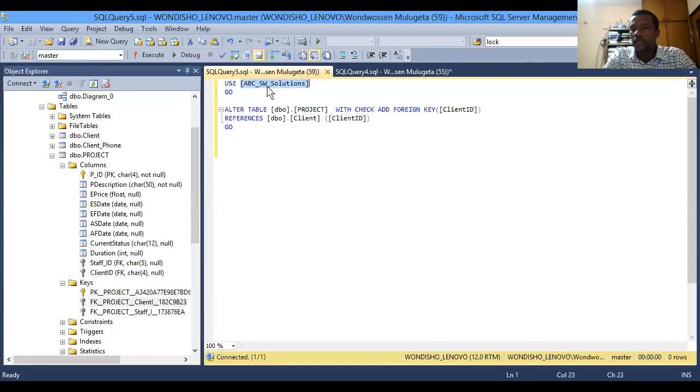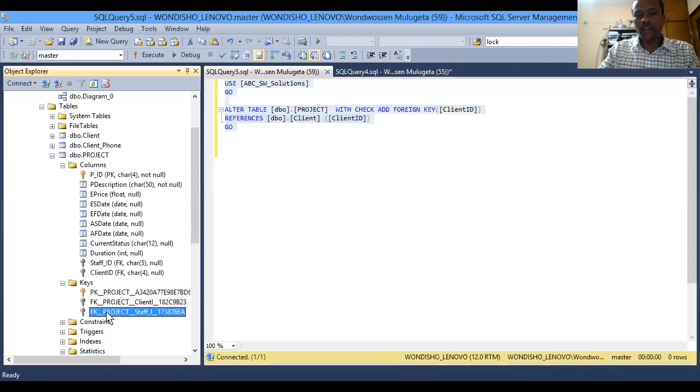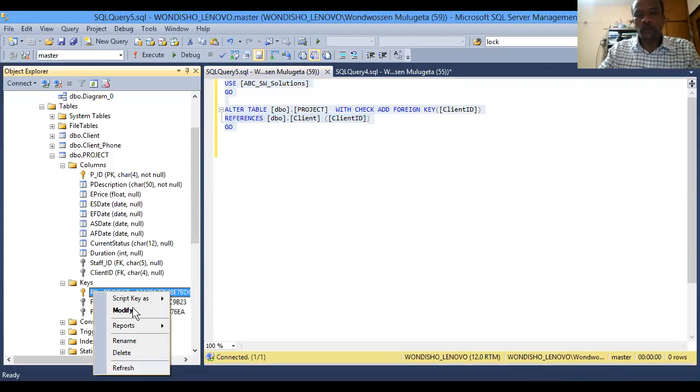ABC software solutions database. መጀመሪያ ዴታቤዙን ሴት ያደርጋል, ከዛ ከሄደ በኋላ alter table ያደርገዋል. It says alter because we are changing the structure of the database. ስለዚህ ምን ይላል, መጀመሪያ ቼክ ያድርግ ይላል, with check add a foreign key client id ይሄን አድርግ ይላል. foreign keyን ሳናጠፋ ይሄን ራን ብናረጋው it says the foreign key already exists ስለሚለን it's not going to be created, but each of the things that are available in here, primary keyንም ብትሉ it's going